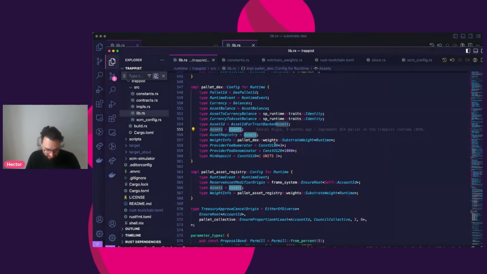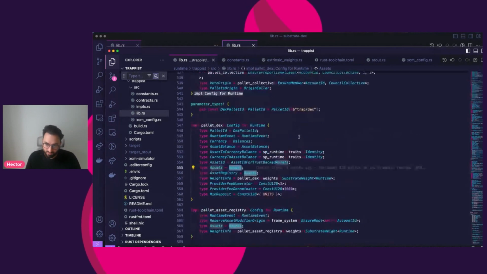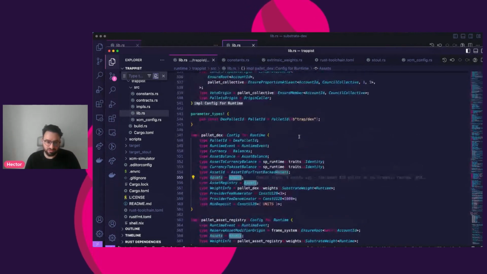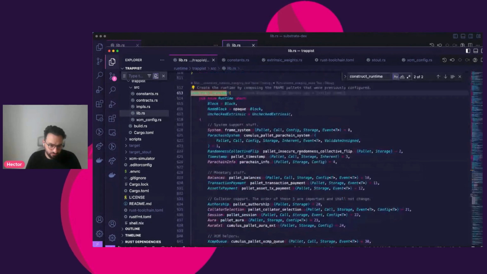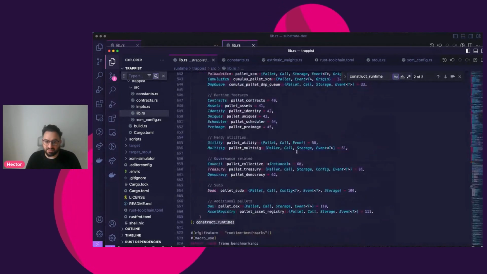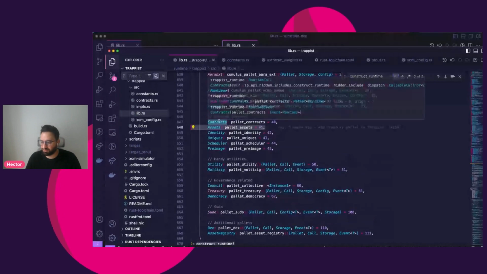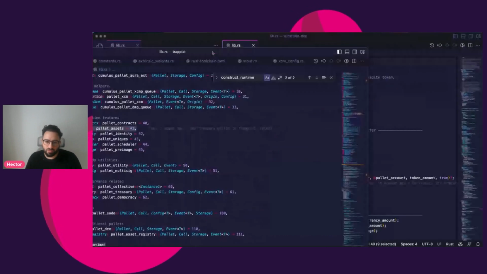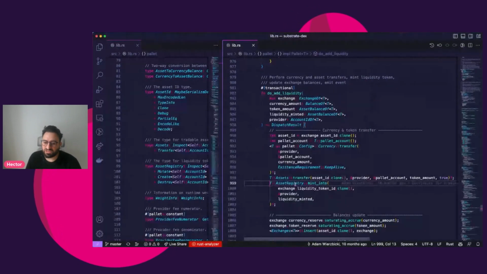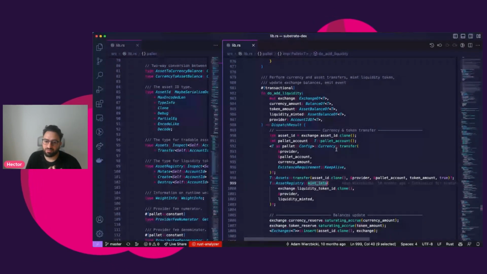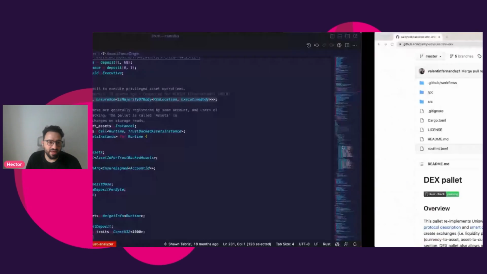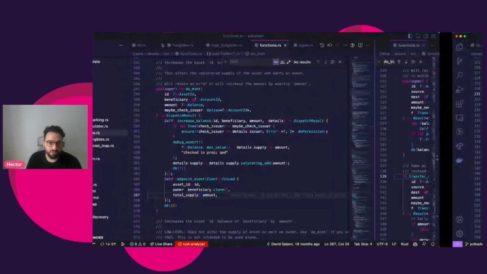So this assets instance, if I go to the construct runtime, is basically the Pallet assets. All right. So when I'm doing an asset registry mint into in my pallet, what is being executed is